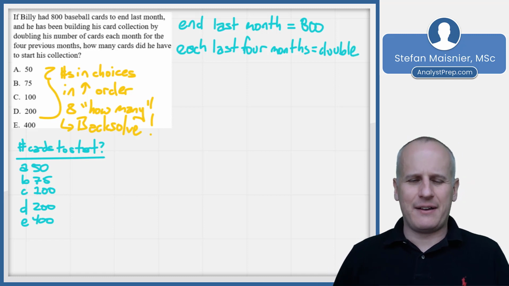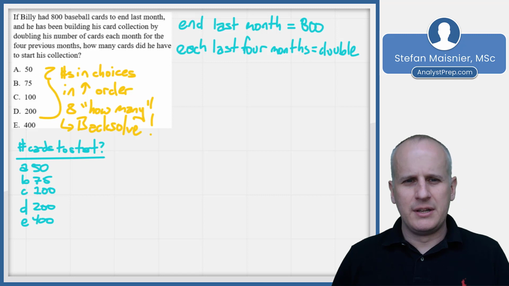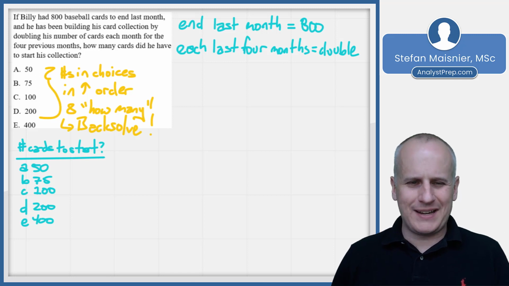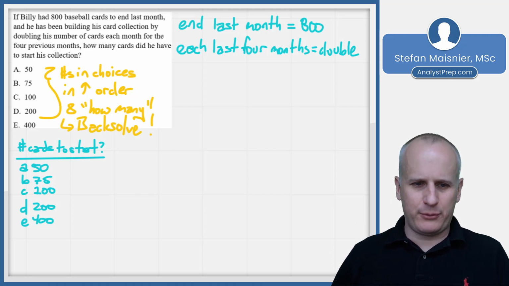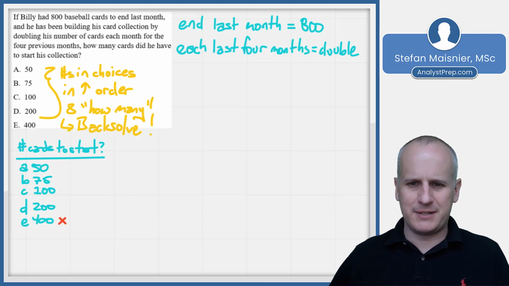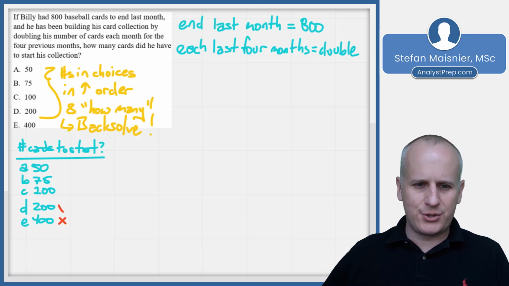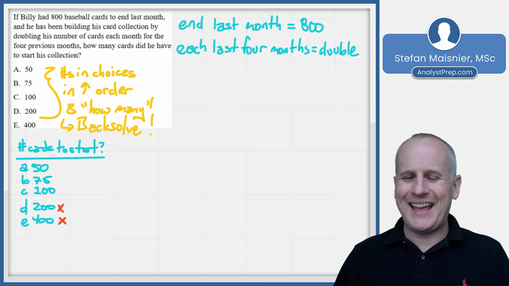How many cards did he have to start his collection? So at this point, I'm probably looking at this and going, you know what? It's been 4 months. It's impossible for it to be 400 to start, because if you just doubled that, like 2 months, he'd be up to 1600. Same thing with choice D with 200. And if you started working through this, you quickly would